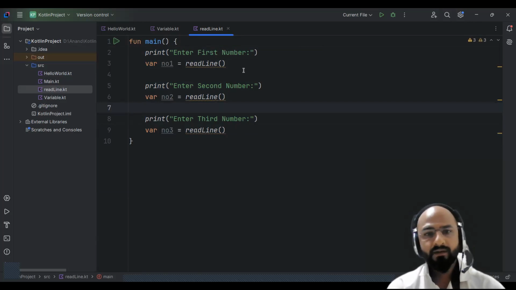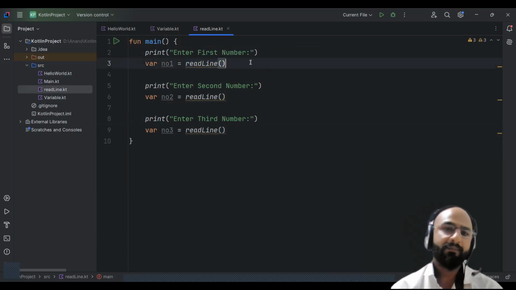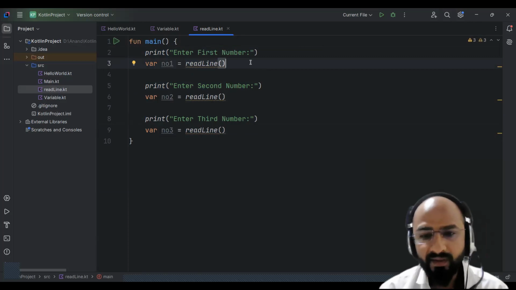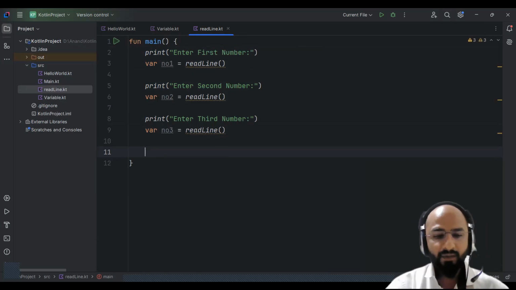What is the problem over here? The problem over here is, when you get the value from the user, it will be in the string data type. And if you want to do the mathematical operation, you need to convert it into the integer. So what if I write over here a println statement